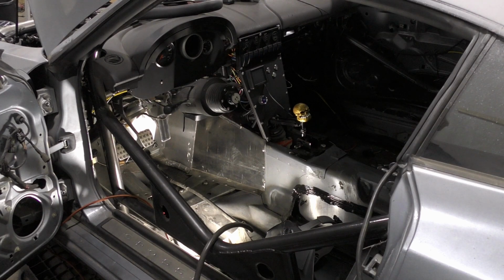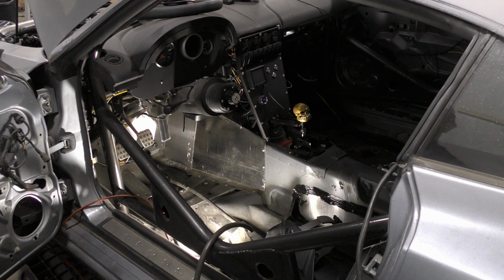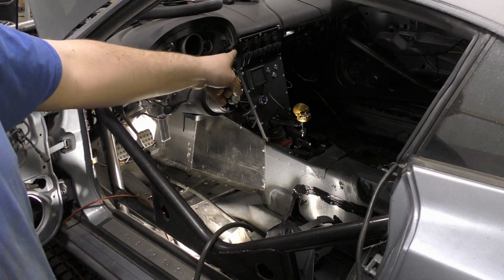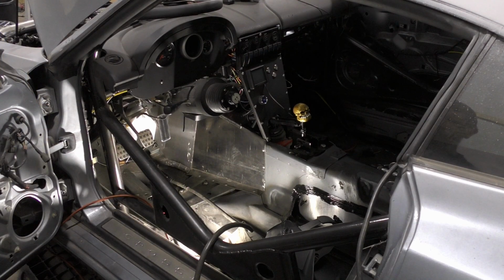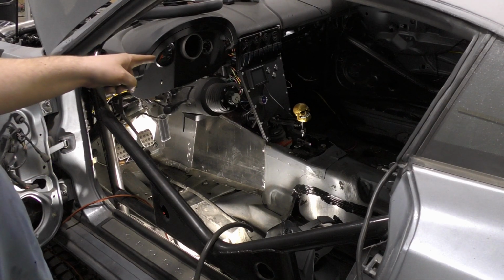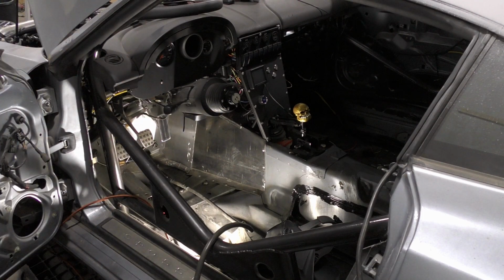So we'll just need the harness and to bolt in the chair, and probably get another chair so we can actually have a passenger. Then a firewall still needs to be built on the passenger side once I get the exhaust and wastegate figured out. And then we're going to have to start assigning switches. The furthest dash switch is the reverse lockout for the transmission. Then the next one in, I believe, is...